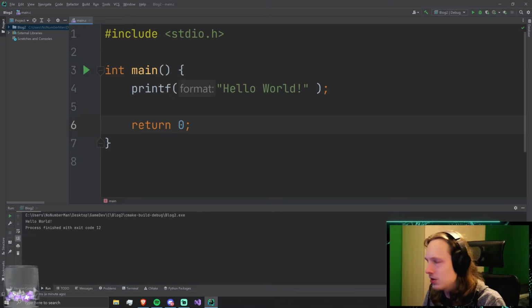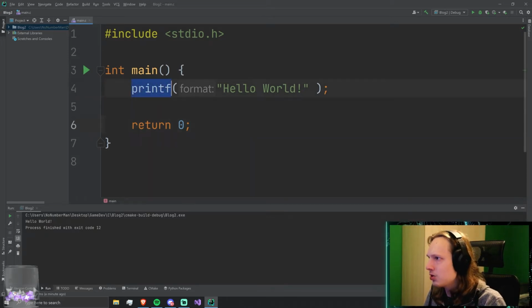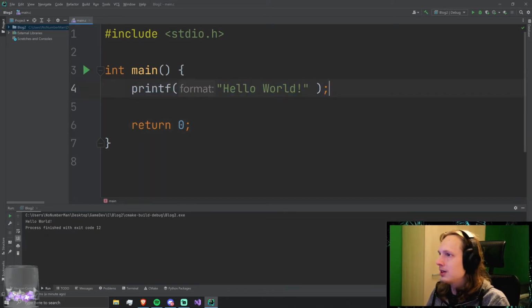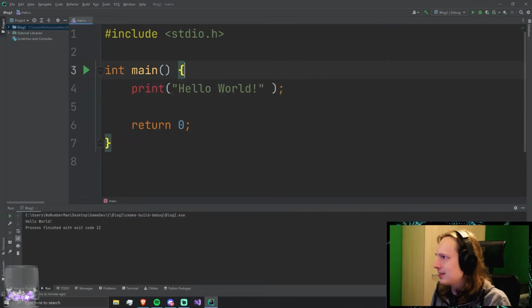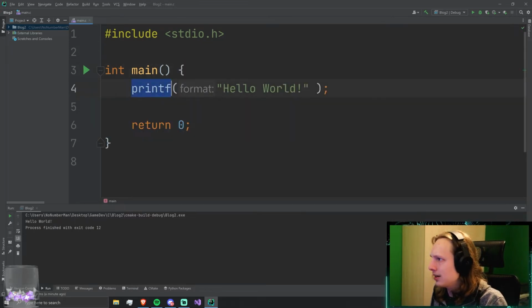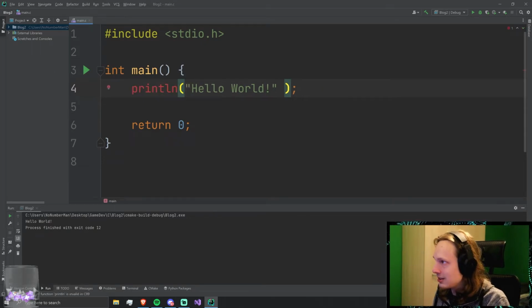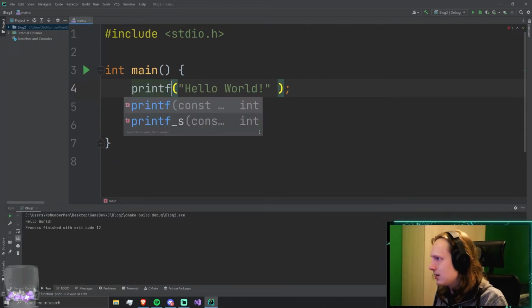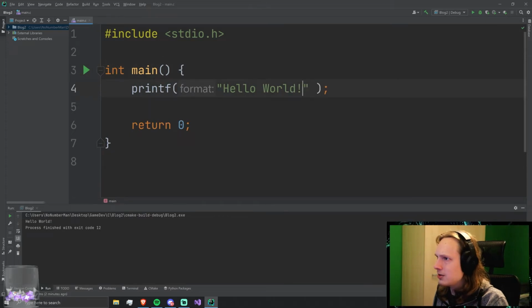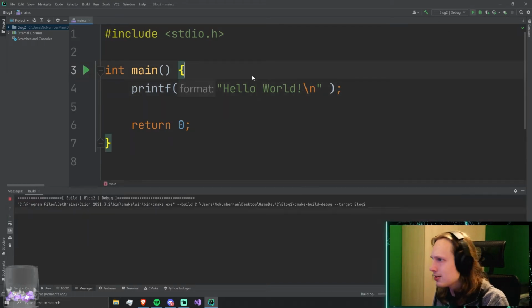Let's get into the bread and butter of everything here, which is, of course, the printf. So what are we doing here? Well, just a normal print doesn't work. You have to do printf. It's fine. Print line doesn't exist. Println doesn't exist. You can't print a line. So if you printf, well, there is no line termination here, so you probably want to have \n in there as well, actually, now that I think about it.